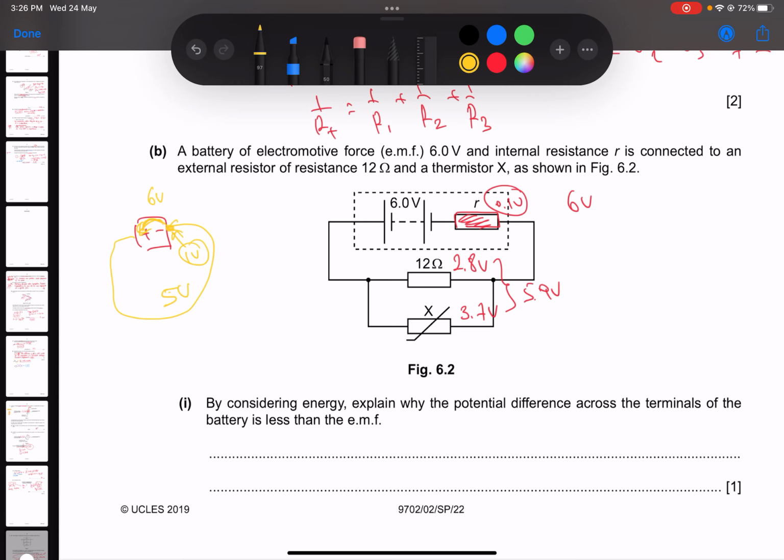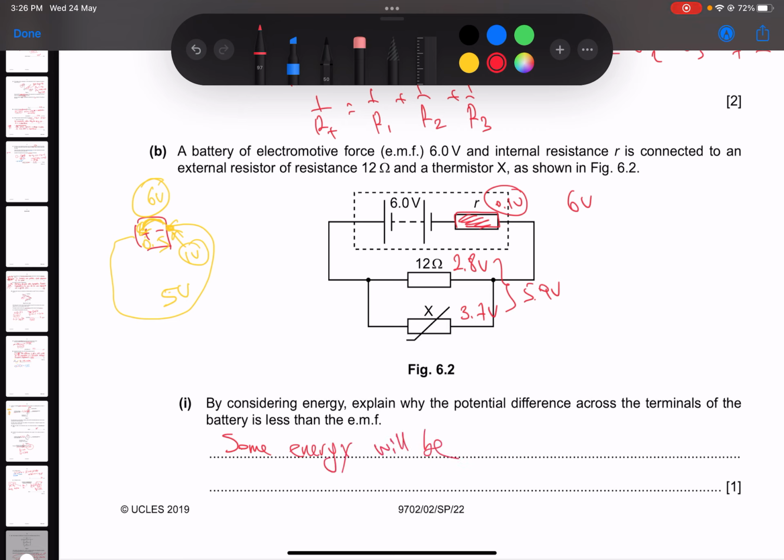And by considering energy, explain why the potential difference across the terminals is less than the EMF, less than the 6 volt. So this 1 plus 5 would be 6, but when they jump to the plus side, it will be 0.5 left. So 0.5 gone. Where has it gone? It's gone to internal resistance. We simply have to say some energy, in terms of volt, will be lost